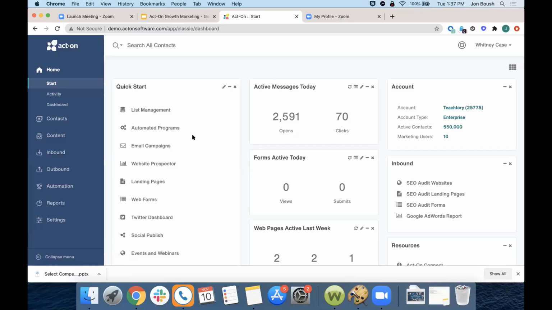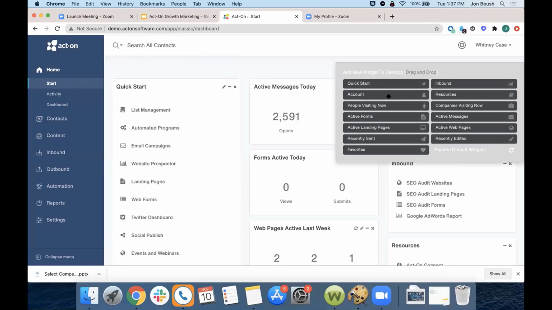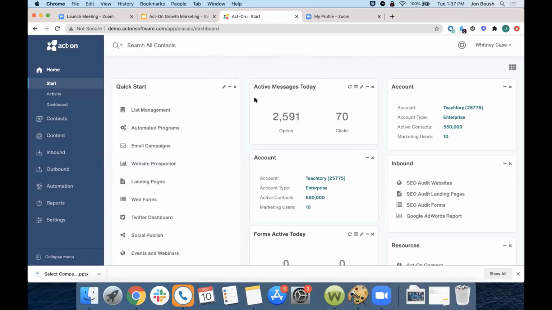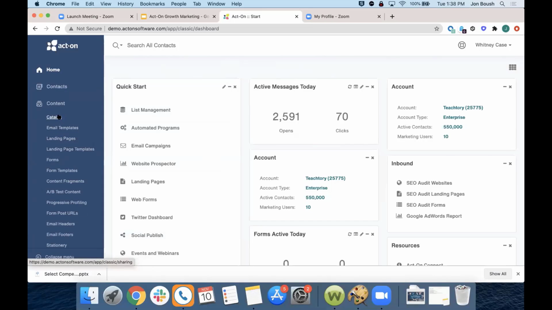So as you see here, this is a home screen. It's really easy to edit. If you don't have something in here as a user, you can just include it or not include it, and it'll show up right here. So everything that you want to do on a daily basis should be here. I also like navigating to the left-hand side to show you how easy it is to create some of that content, do some inbound or outbound, and looking at reports as well. So why don't we do this? Why don't we start by showing you what it looks like to create an email